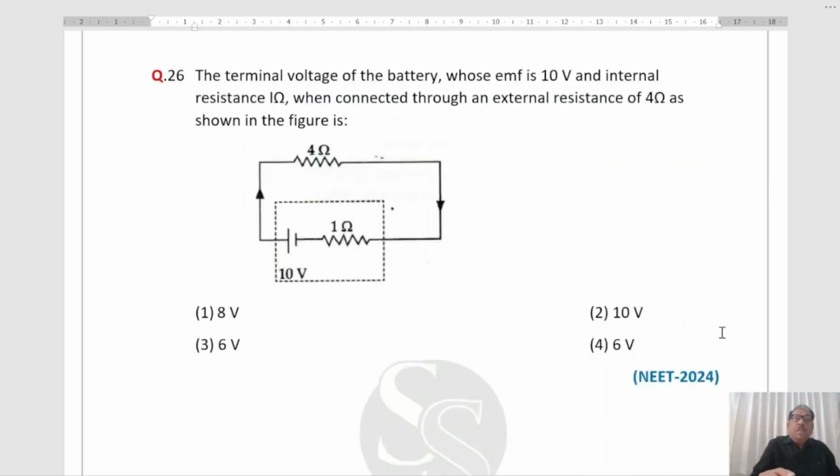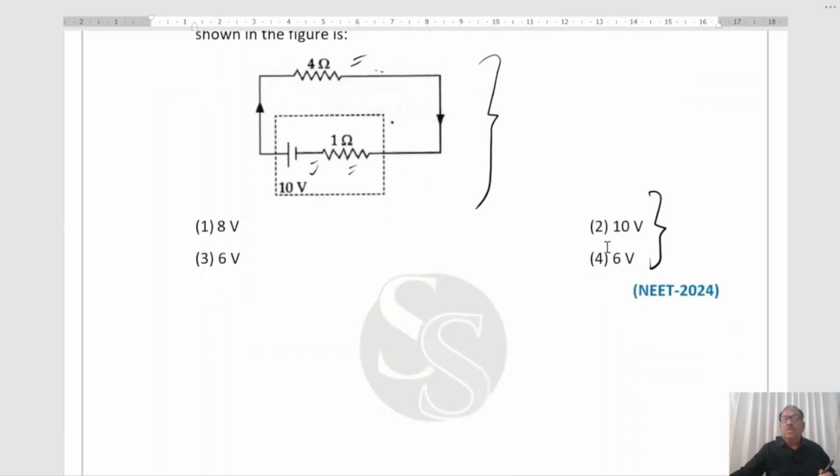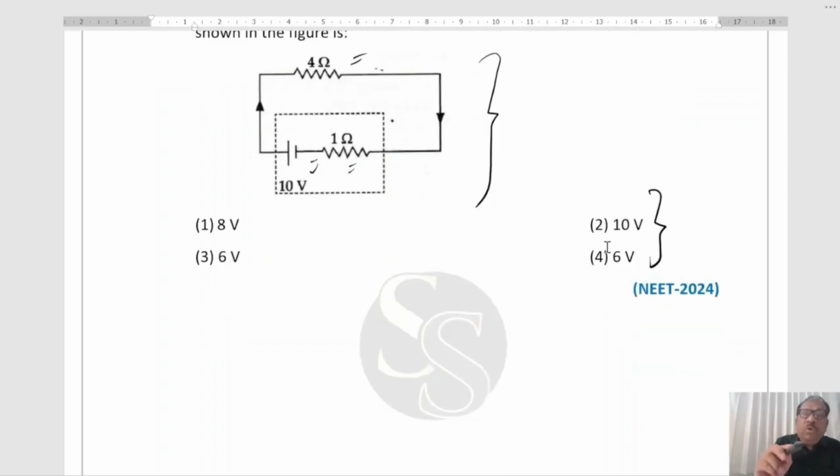Question is, the terminal voltage of the battery whose EMF is 10 volt, internal resistance is 1 ohm, when connected through an external resistance of 4 ohm, as shown in the figure is, 4 options are given to you, one of the options is correct. Now, let's start. First of all,